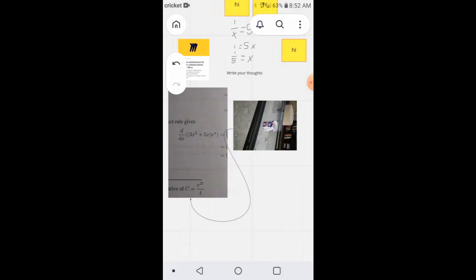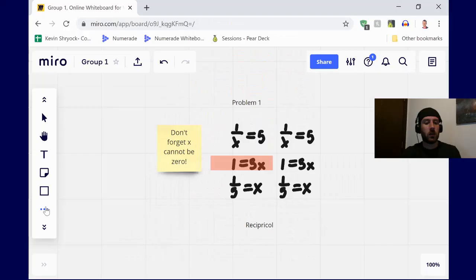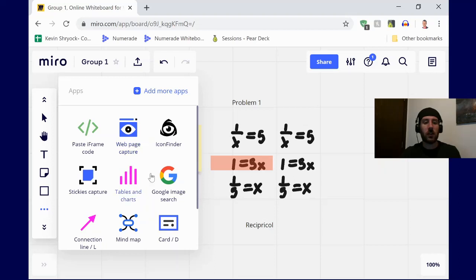But there's even more that you can do, and it's going to involve us being able to reach out into other online websites and applications. So to do that, it's best that we jump back to the desktop version. Let's see what else we have. You always have inside of this, or this triple dot here, the ability to add more widgets and more apps